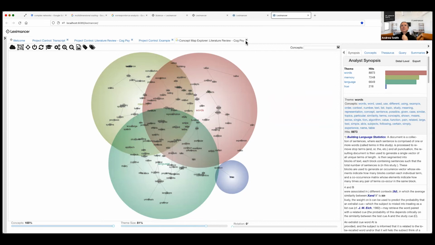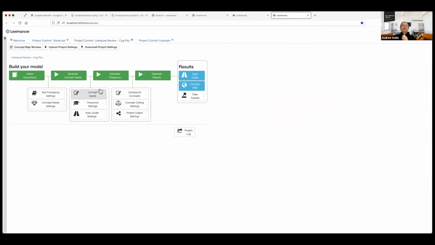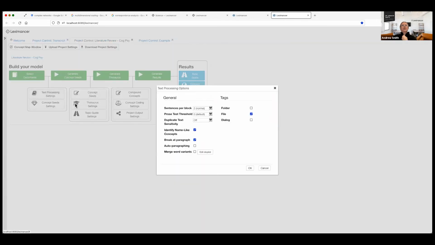There are some techniques I've used here. So in the text processing settings, and again, this is in the manual and it'll be captured on the video here, so I don't really have time to do revision and revisit these. But what I did, I turned on file tagging. So in the text processing settings, there are ways you can add what's called metadata.